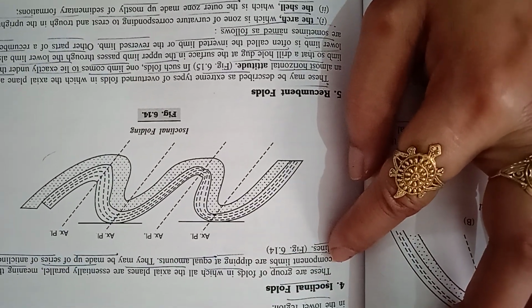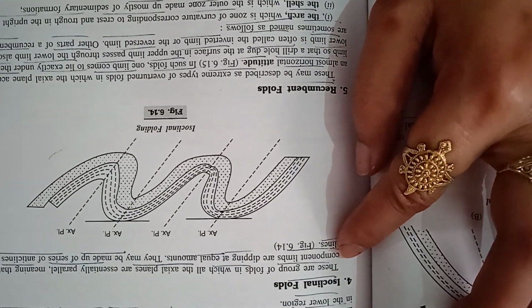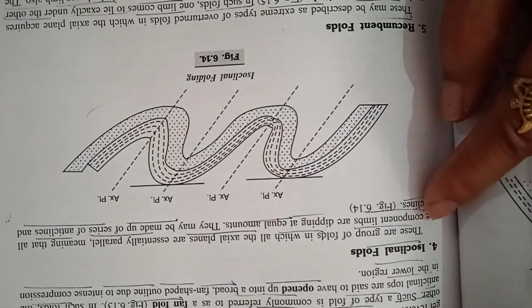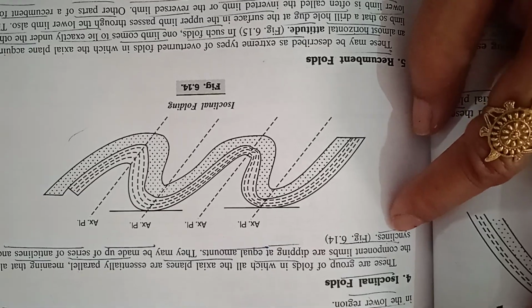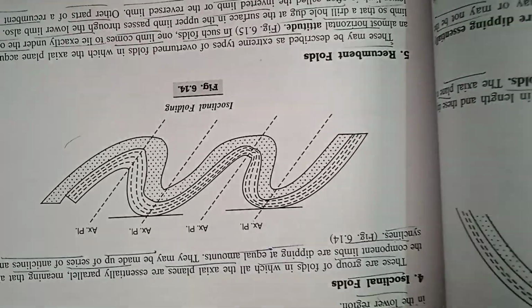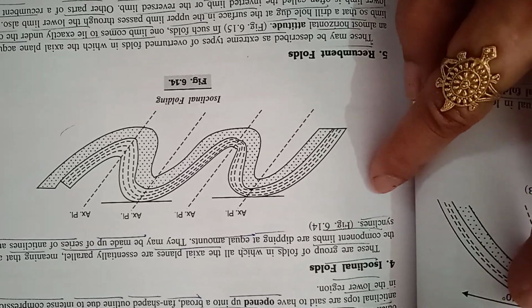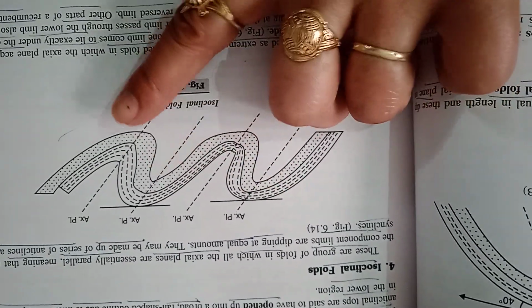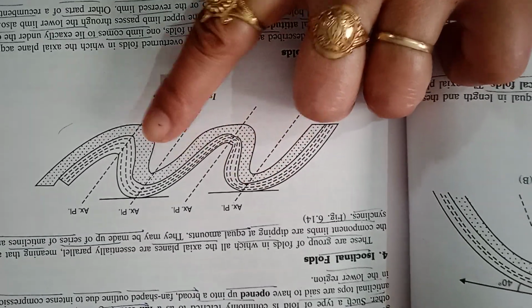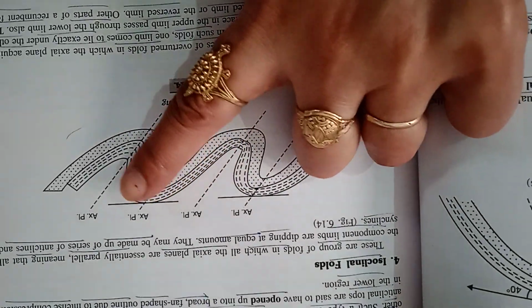These are a group of folds in which all the axial planes are essentially parallel, meaning that all the component limbs are dipping at equal amounts. They may be made up of a series of anticlines and synclines. So, in this fold series, make axial plane, axial plane, axial plane, axial plane: isoclinal folds. Next figure,